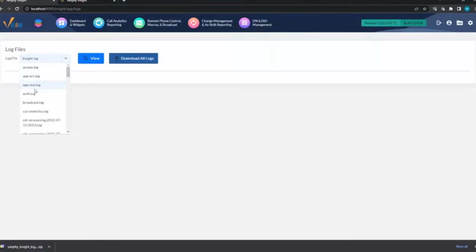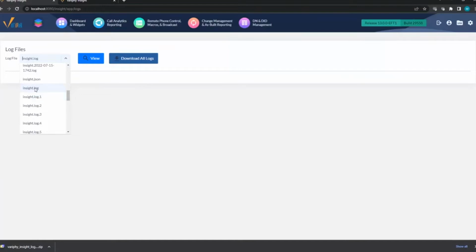In older versions of the software, you're going to see file extensions that are not just .log, but have a number behind them. Like here, this is the insight log. This is kind of like the main log for the software. If it ends in .log, this is the current log that the software is writing to. In older versions, if you see a .log followed by a number, this is an older log.